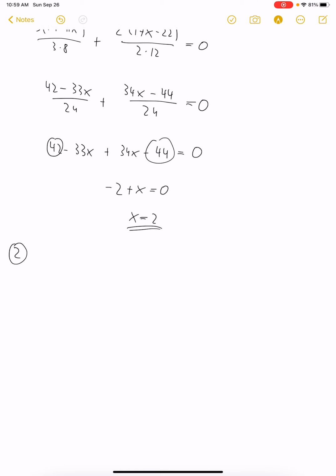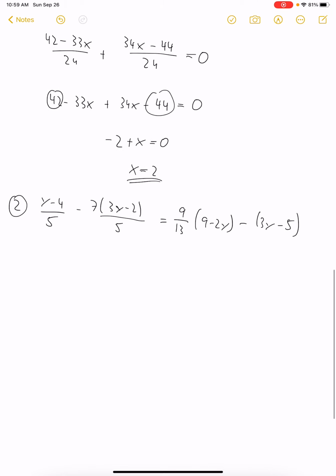All right, problem number 2. (y minus 4) over 5 minus 7 times (3y minus 2) over 5 is equal to 9 over 13 times (9 minus 2y) minus (3y minus 5). Okay, so on the left-hand side, we have both terms with the denominator 5, so we